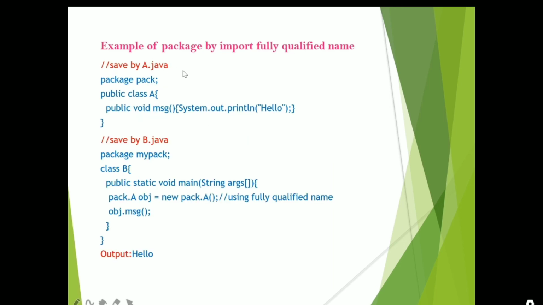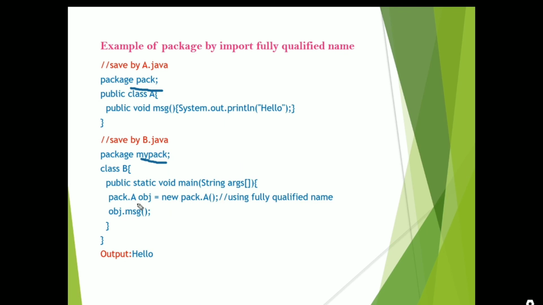Like this, here I am using the package pack. Here A.java has the class A which belongs to pack. Here in mypack there is the class B. There is no need to use the import statement.